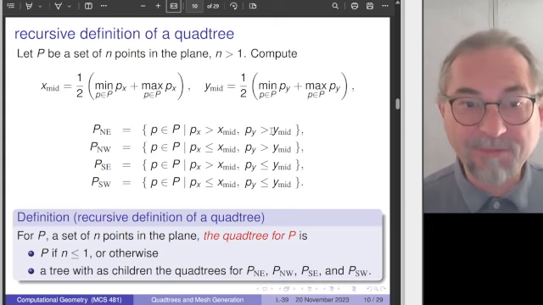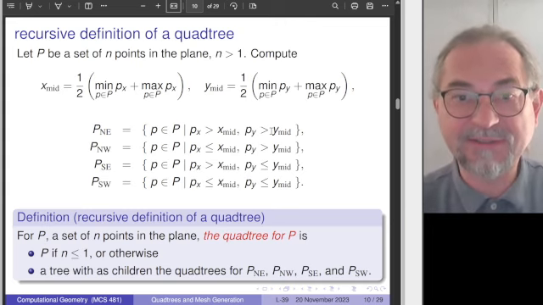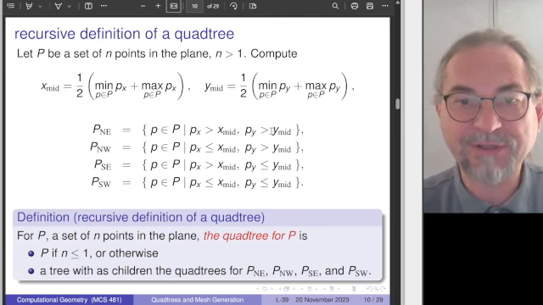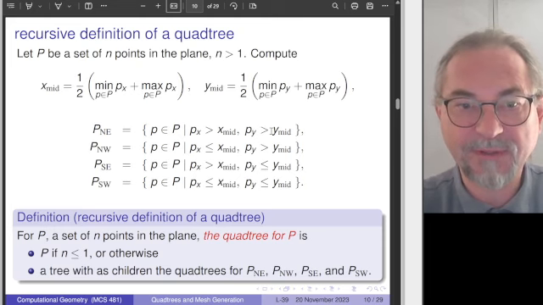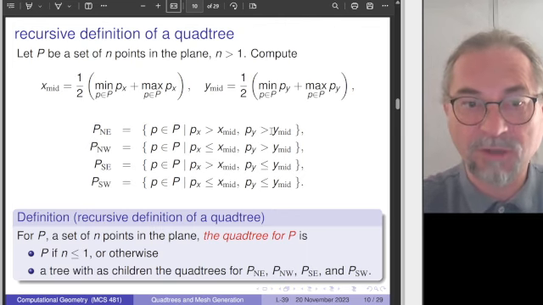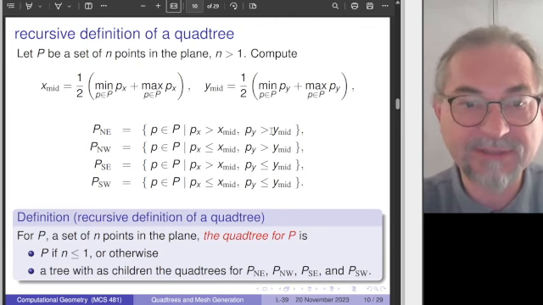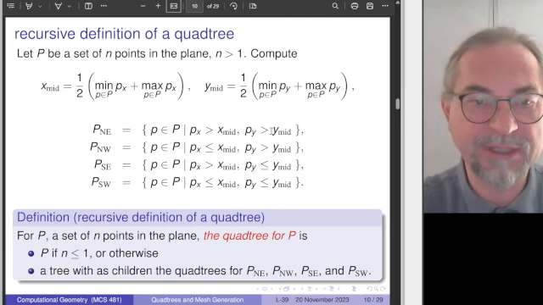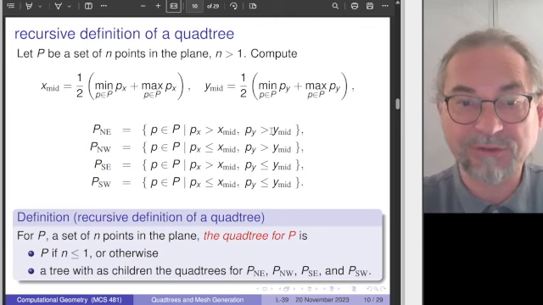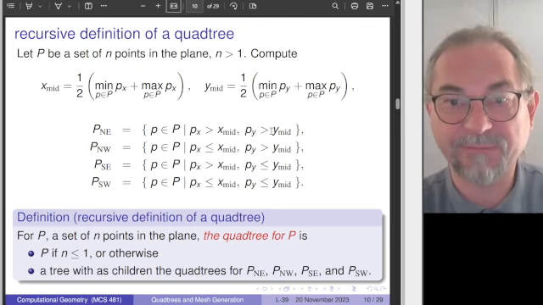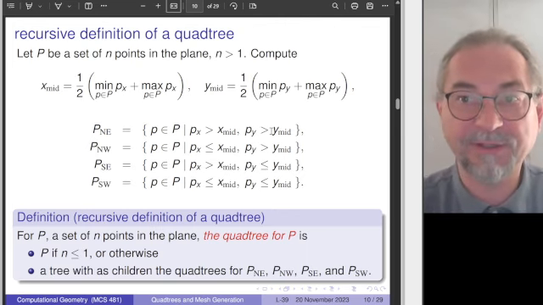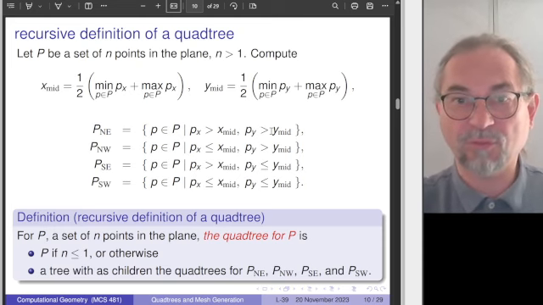Okay, we keep on doing this until we have at least 2 points in every region. So we keep on recursively subdividing this quadtree. The definition states that the quadtree is either one node if there is 1 point or less. The empty node is fine as well. And then we are computing the midpoint, and we have the 4 children as defined up there by the formulas. And we keep on doing that until every point is actually in its own quadrant,